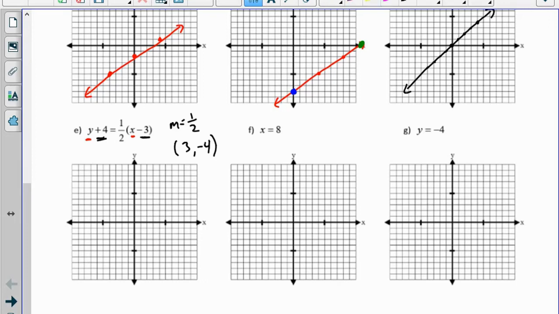So I will take 3, -4, plot that on the graph, and then make my slope 1/2, and graph the line. X equals 8 is a vertical line at 8, and y equals -4 is a horizontal